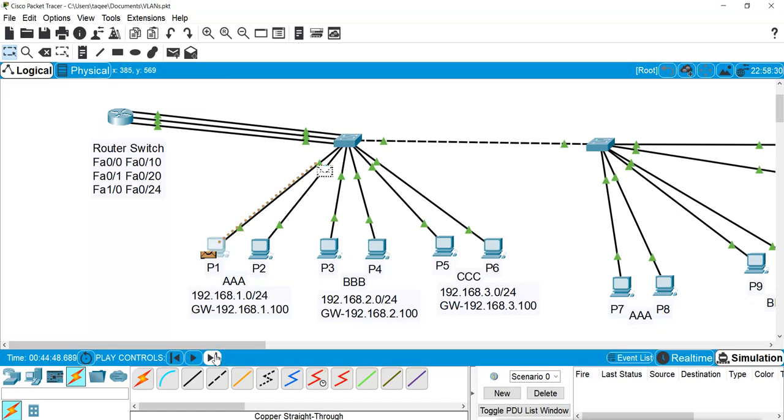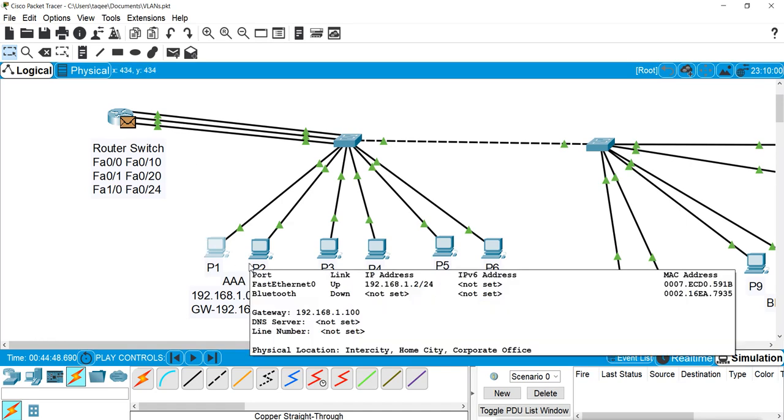The packet goes to the switch. Now what will the switch do? It knows the MAC address of the router, because previously we have already done the communication, so it will directly send it to the router, and you see it is going to the port which is connected to VLAN A. They are very close, so we are not able to see the difference.